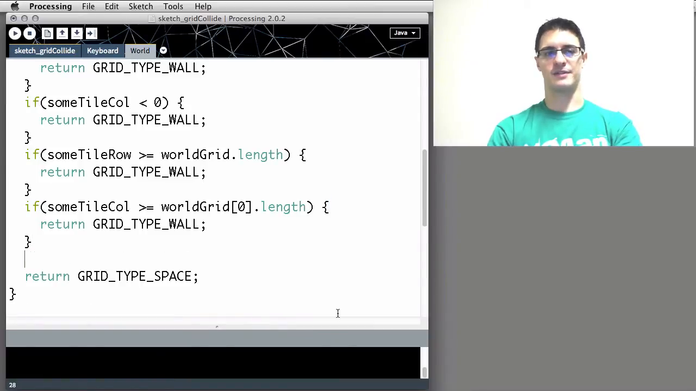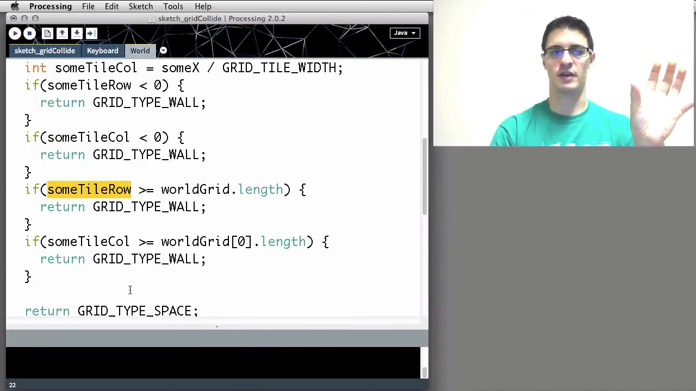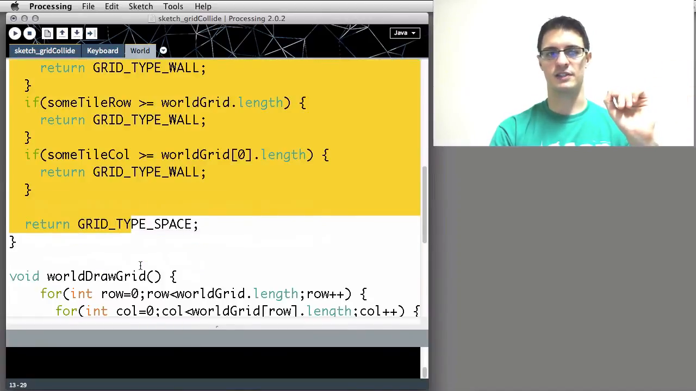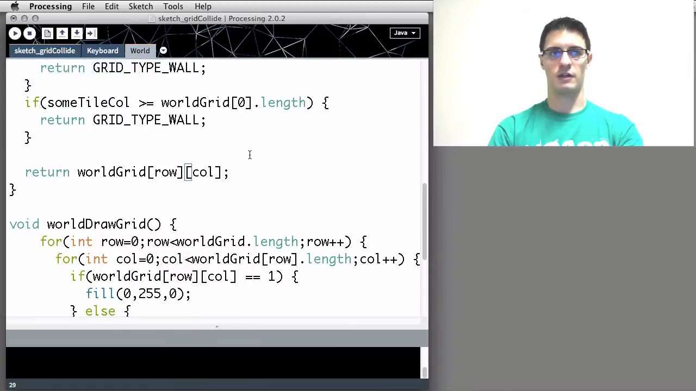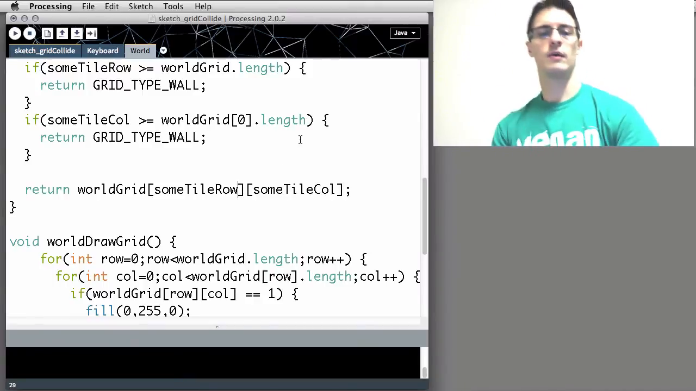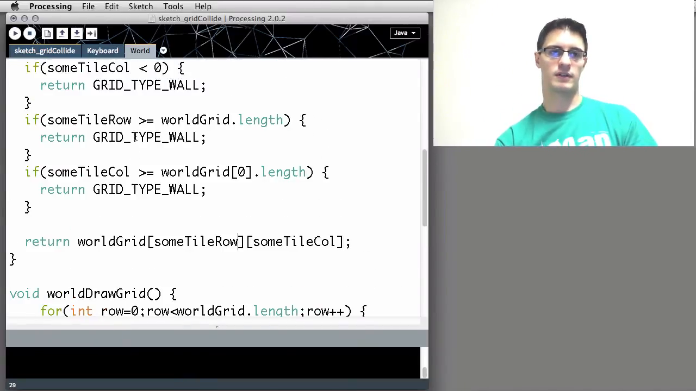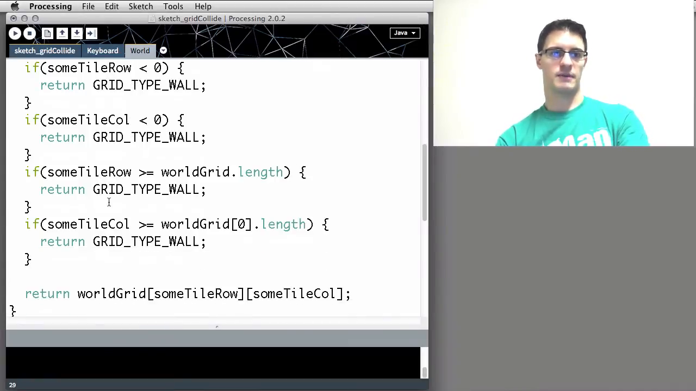Now, as long as we've determined that we're safely in bounds, okay, these rows and columns correspond to a valid position in the grid, then instead of returning space at the bottom, we're going to return, just like we do here, a world grid check against the row and column, but it's going to be the computed column and the computed row. So now we find that the player is at a certain tile position. And let's print these things out somewhere. Okay, let's